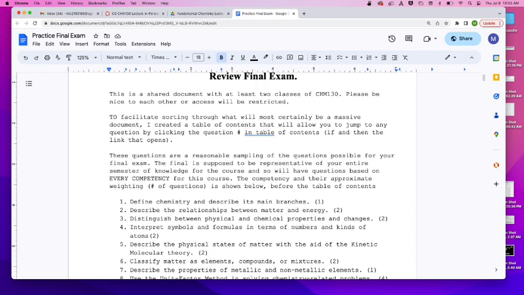A lot. There's varying context behind those conversions, but they're ultimately all conversions. Stoichiometry, which you guys have been working with, molarity, gas laws, milliliters to liters, grams to pounds, all of those are ultimately conversions, and you've spent a lot of time discussing how to set those up. So if we as instructors are trying to build an exam that accurately tests on what we think is important, we're going to put a lot more questions in conversions than we would in define chemistry and describe its main branches.